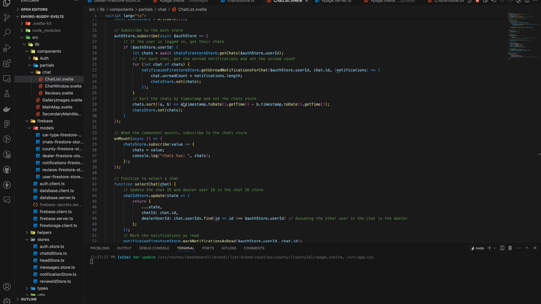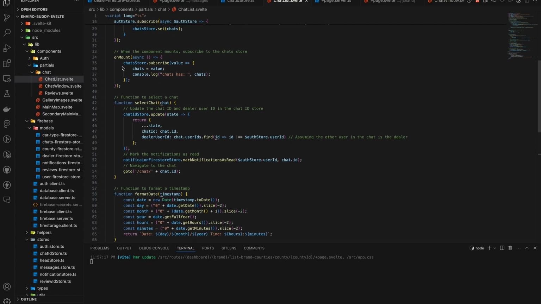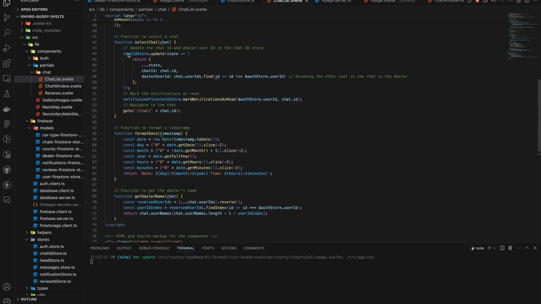Yeah, and then I'm sorting the chats by the timestamp. When the component mounts, I want to subscribe to the chat store. As seen here, function select chat: this updates the chat ID and dealer user ID in the chat ID store. So this is where I'm keeping track, and then what I'm doing is marking notifications as